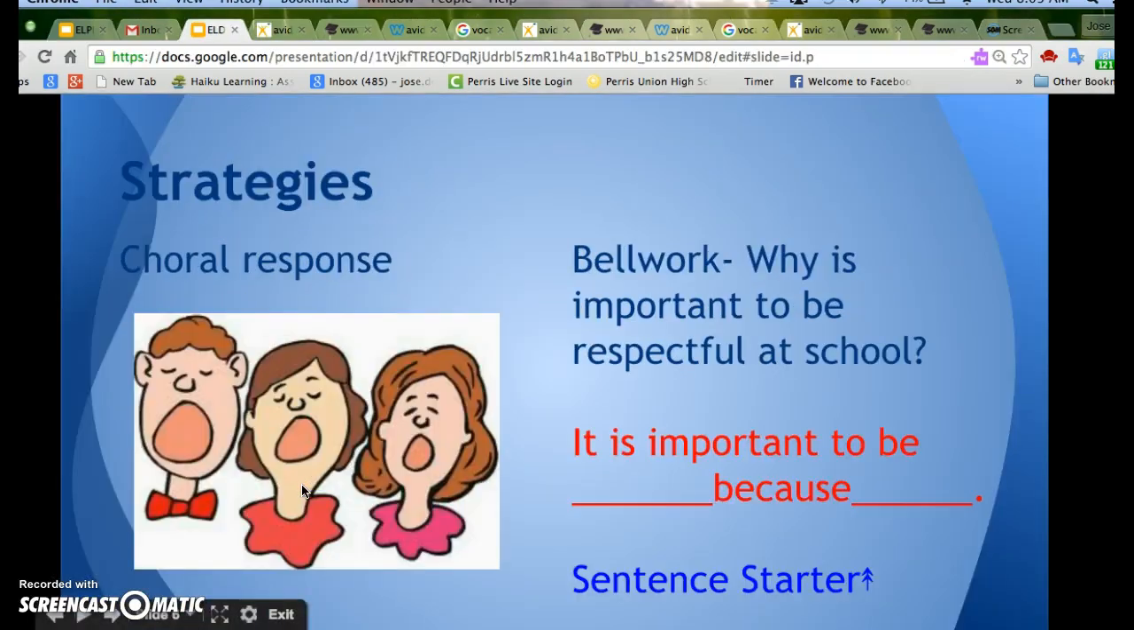Okay, so next we go to choral response. Choral response is used a lot in elementary school. A lot of times teachers will say class, and students will reply with yes, and teachers will say turn to page 25, what page, and students will respond page 25. So in middle